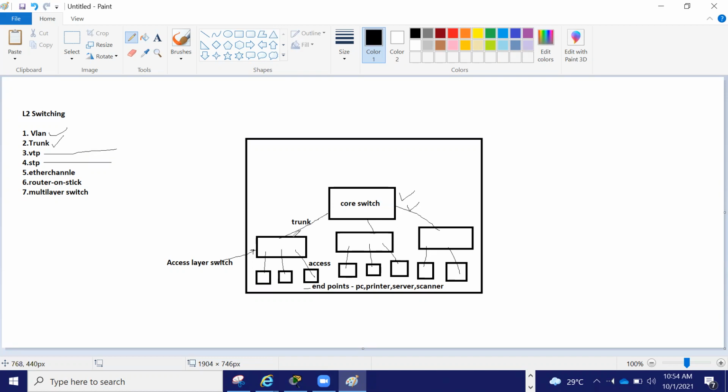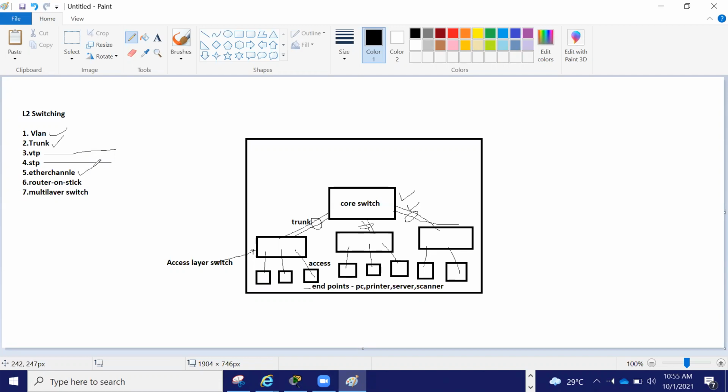That's why every trunk port will be a redundant port. Whenever you connect redundant links, spanning tree will again come into action. So for that we bundle these ports into an EtherChannel. Now your EtherChannel is done.